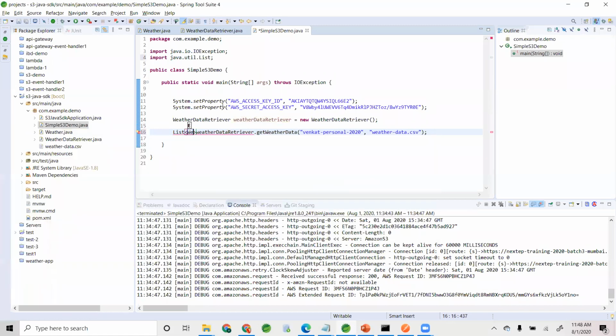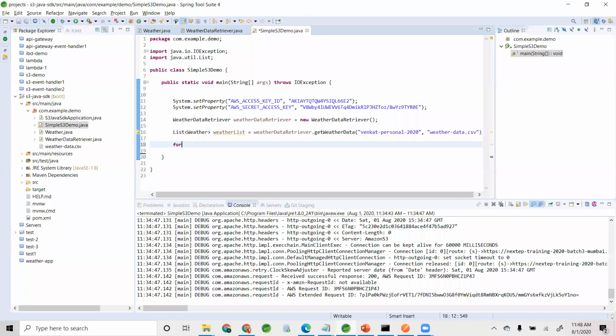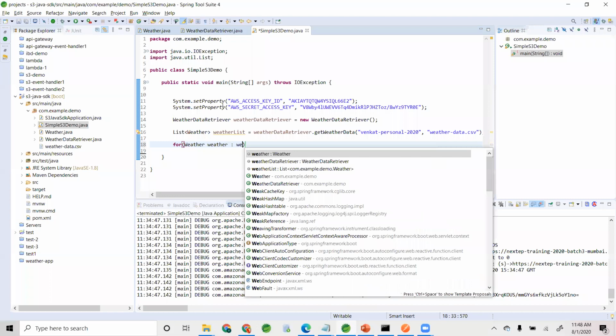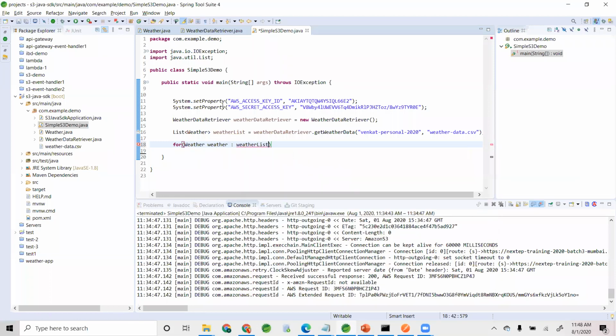Now, if I want, I can do a simple print.